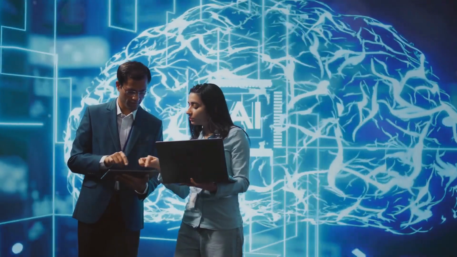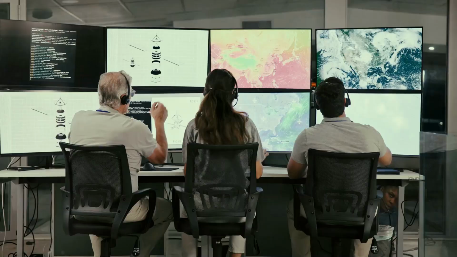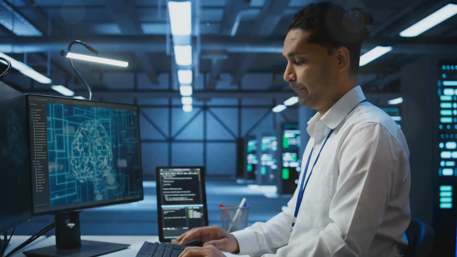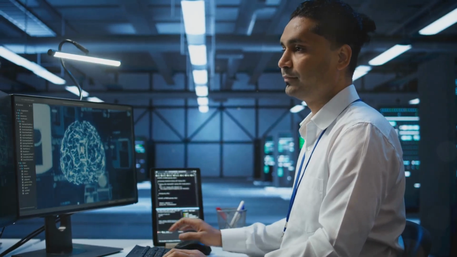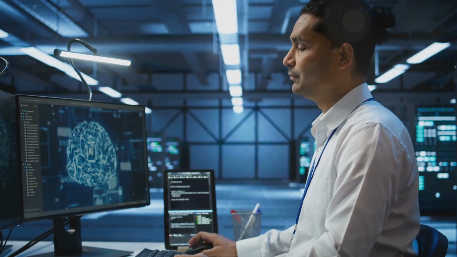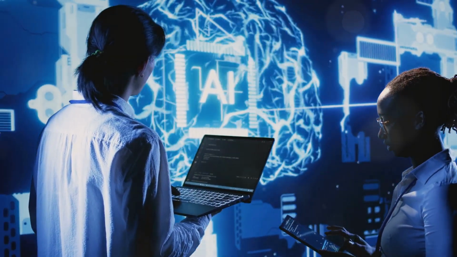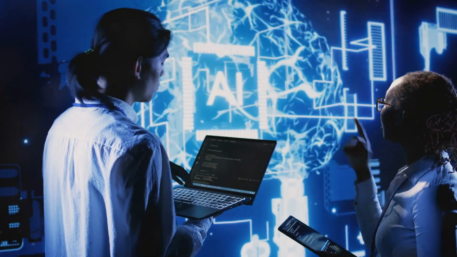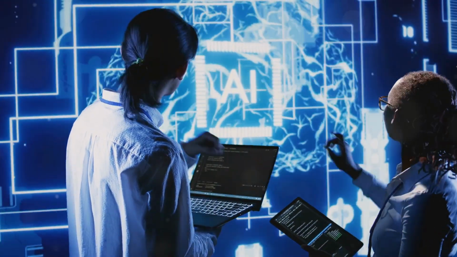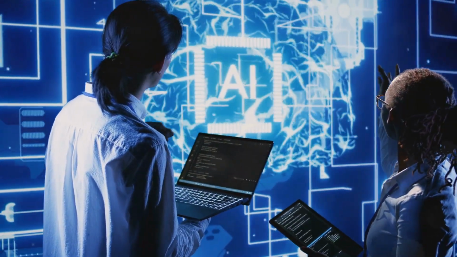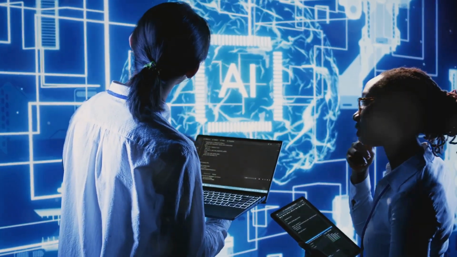Pillar 2. Accountability and transparency. Accountability in AI ensures that decisions made by AI systems can be traced back to someone who can be held responsible for its outcomes. Ensuring transparency involves the clear documentation and communication of AI processes and decisions, making it easier for users to understand how AI conclusions are derived.